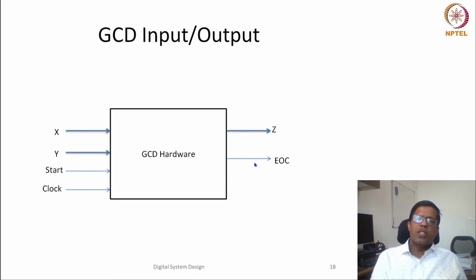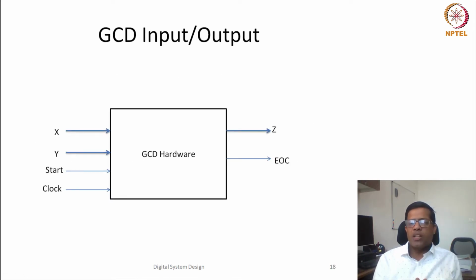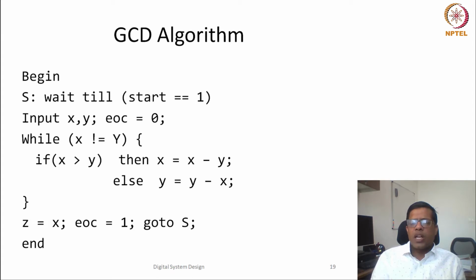So what we have done, from the problem statement, the first thing we have done is we have tried to identify very clearly what the inputs are, what the outputs are, and what their bit widths are. This is quite an important task whenever we get such an assignment. After this, let's try to write some high level statements for doing this particular task.